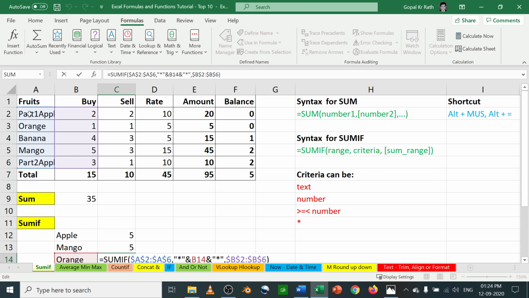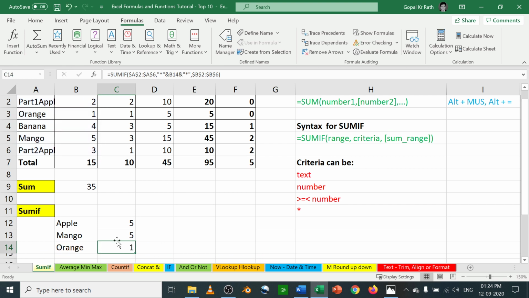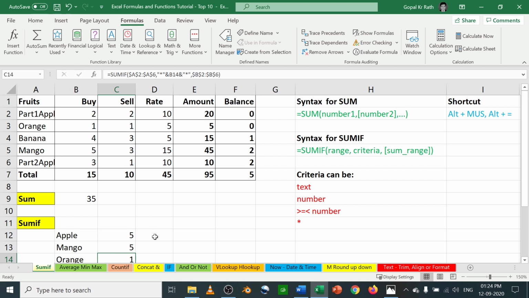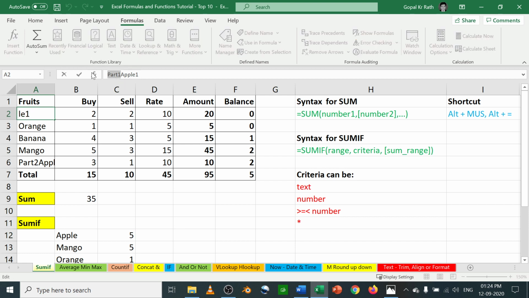So you can see that text and criteria or the sum range, everything is constant. It is not getting changed even if I'm copying the formula to the down, right? Now let's take with the another example. Let's remove this and remove this. Okay,